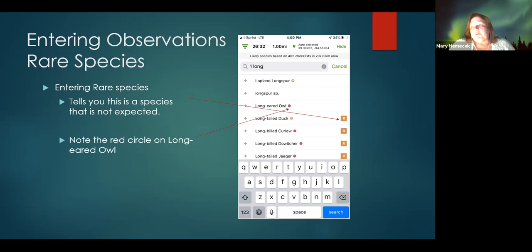And it also keeps track because you can go to the snowy owl stakeout and see when the last time somebody was there that saw the bird, versus if it's a personal location, you have to click on every single one of them to see the date that the bird was seen. So that helps other people know when was the last time that species was seen there as well.